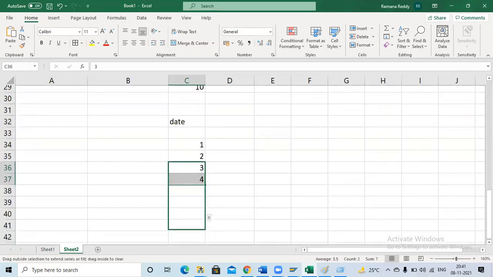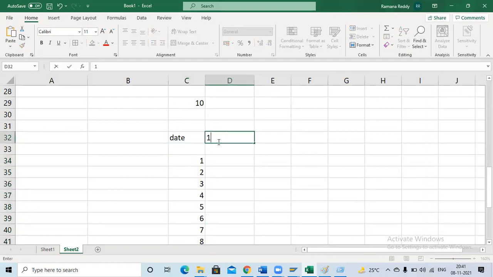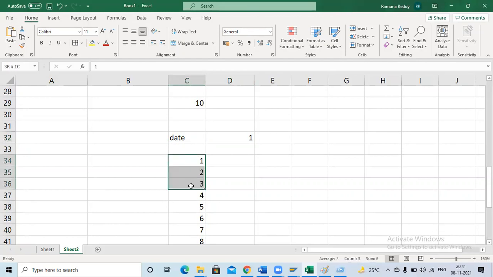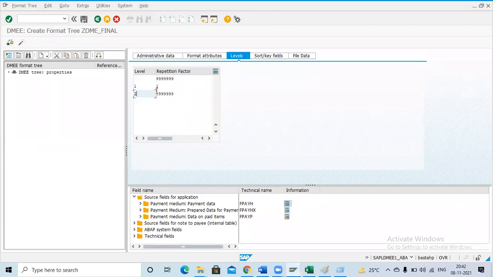So for the 10, automatically the system will generate this many line items. That's why for the date I have selected one. For the remaining, the transaction level 2, I'm selecting multiple. Suppose there are 1,000 invoices; automatically, the 1,000 invoices we have to send to the bank, right? Because the 1,000 are from different persons. So the 1,000 invoices should be displayed like this. That's why I'm selecting multiple. Hope you understand this one. What is meant by one and what is the 9?